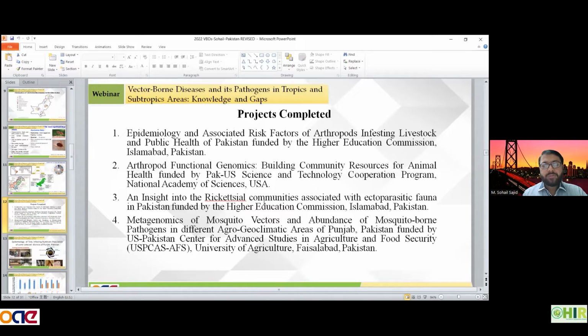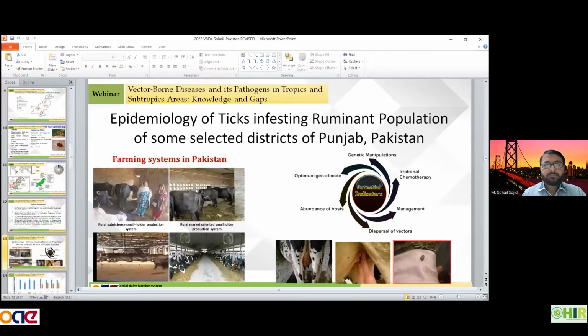And then an offshoot of this project was exploring the ticks for rickettsial population within the country. And then I replicated the same work in mosquitoes, because of their significance in the country, for finding out mosquito species based on the genetic differences, as well as mosquito-borne diseases in livestock as well as human side. A brief look at some pictures related to the projects.